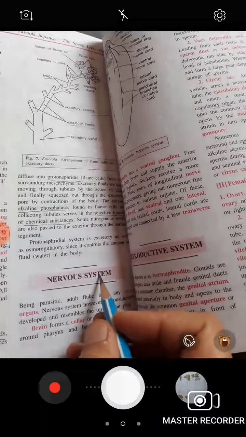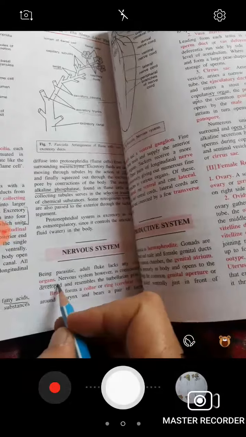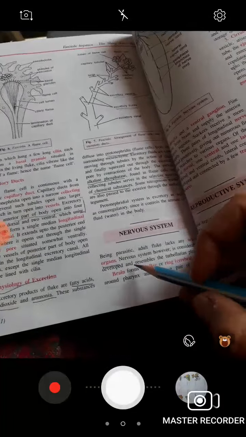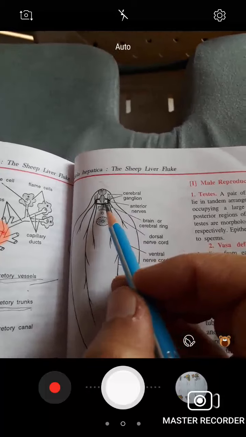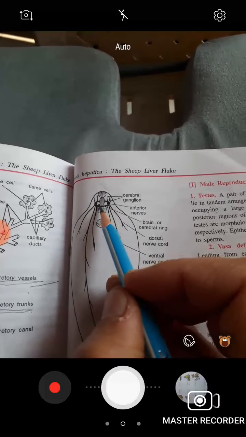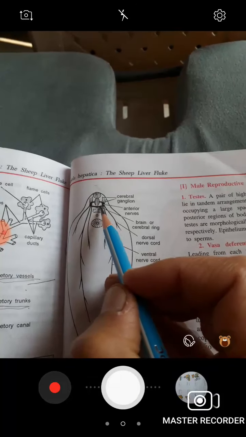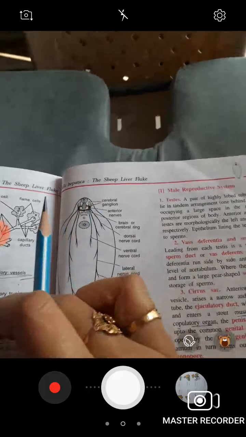Now comes the nervous system. Being parasitic, the adult fluke lacks sense organs. So there are no typical sense organs present in Fasciola. However, the brain is present in the form of a collar or a ring around the pharynx. Here you see in this diagram the brain, the ring in black color, or you can say the ring or collar that is formed around the pharynx, and it bears two lateral pairs